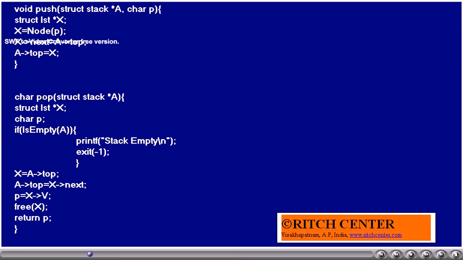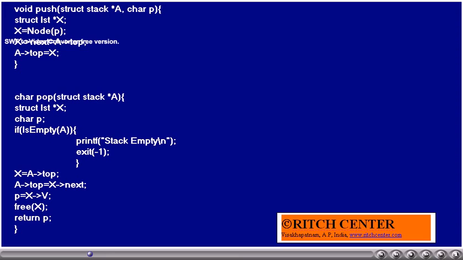The same thing is assigned to the pointer variable x. Now, whatever is the current top value is assigned to x arrow next. Then this new node x will be made the top. So this is the operation which is going to take place whenever we insert or push a character into the stack. Always the top pointer variable of stack will be pointing to the LST type of object which contains the recent character which is pushed into the stack.